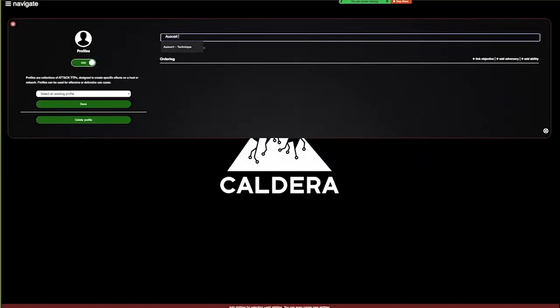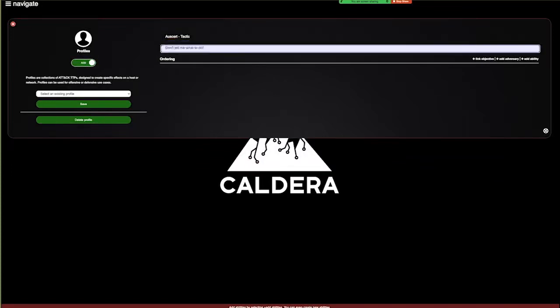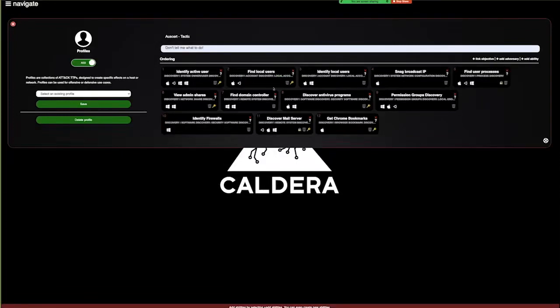And then we'll also do a sequence or tactic, so a group of items. Again, don't tell me what to do. Okay, add adversary, and I'll choose discovery here, and I'll do the whole swath. So I'll pick all of these, and then I'll select save. Simple. Adversary saved, and now you've got yourself set up.